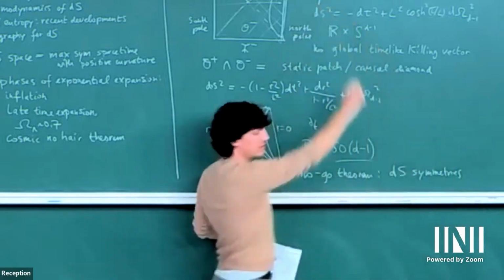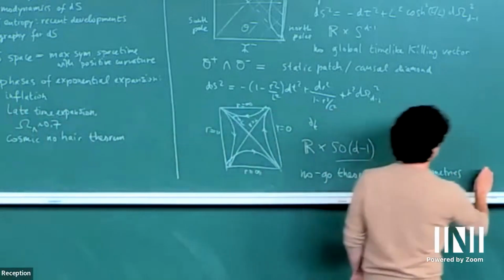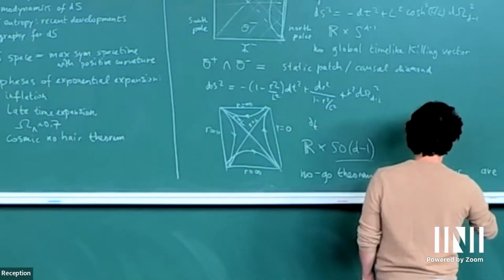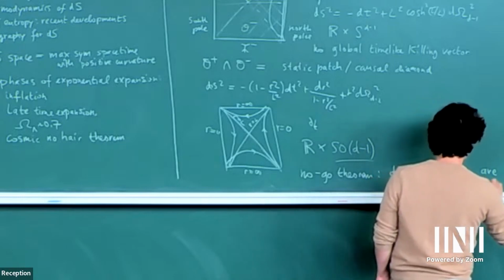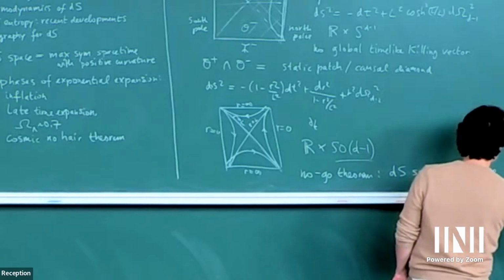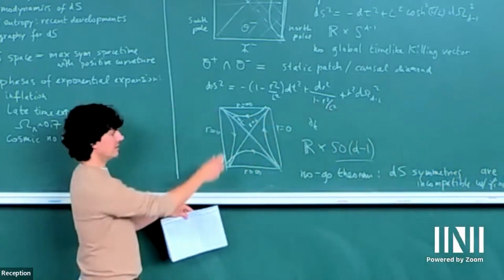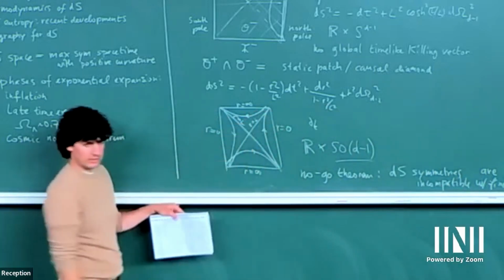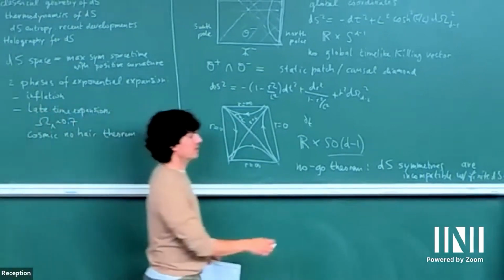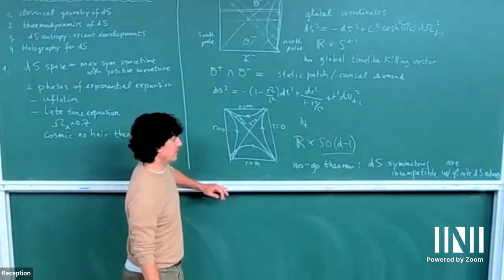These isometries are incompatible. Jitter entropy, and